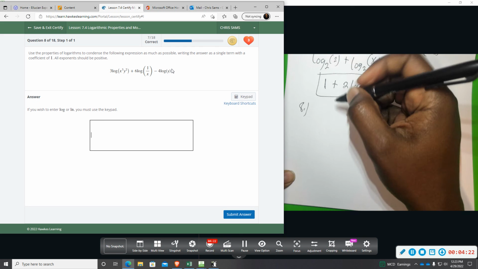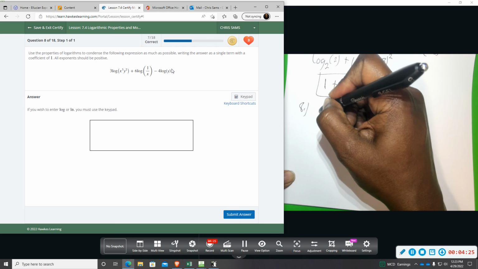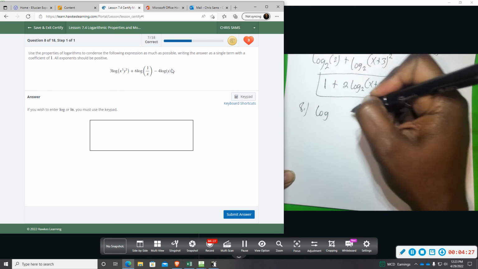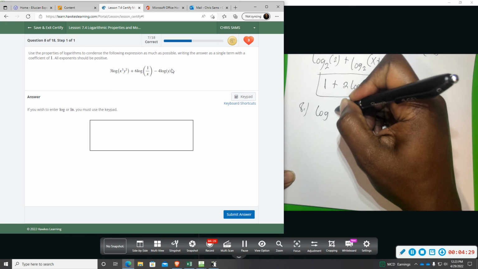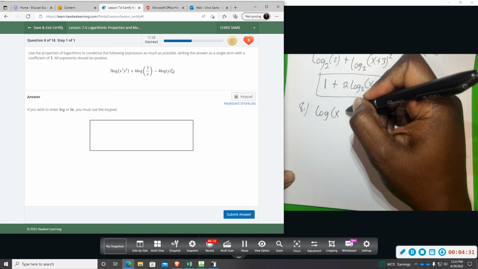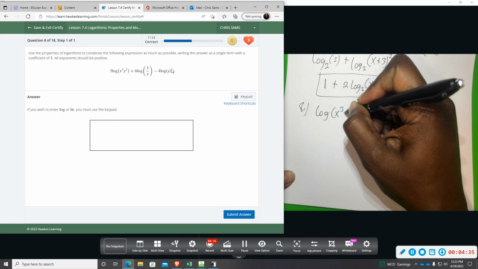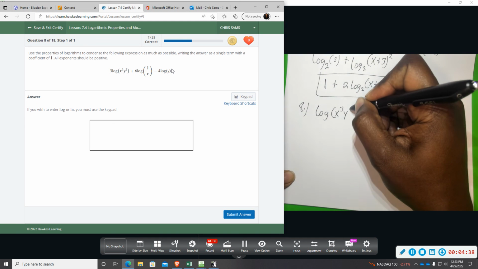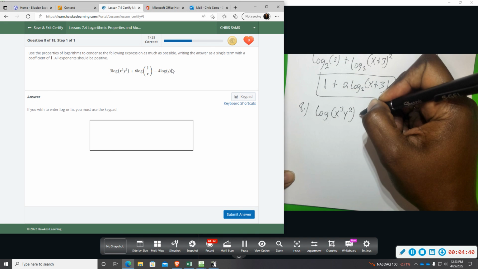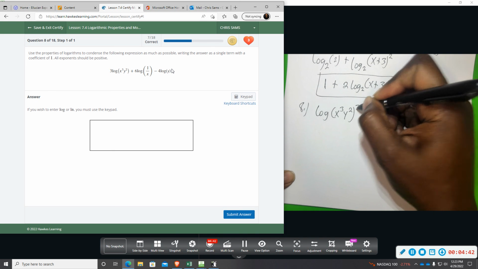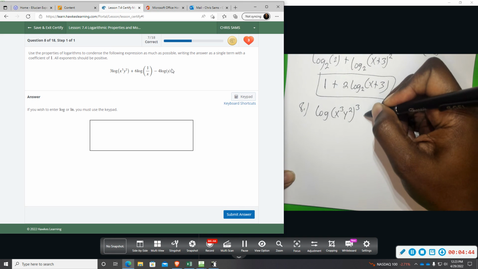So that was going to give me my logs by themselves. So log is going to be understood base 10, which we don't have to write. And then we have x to the 3rd, y to the 2nd, and then a 3,